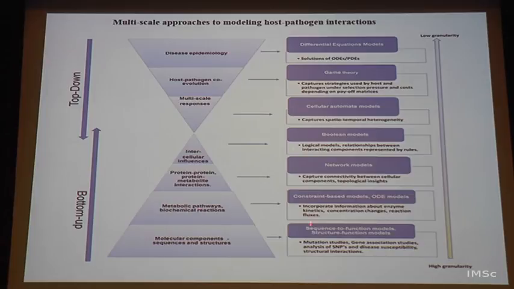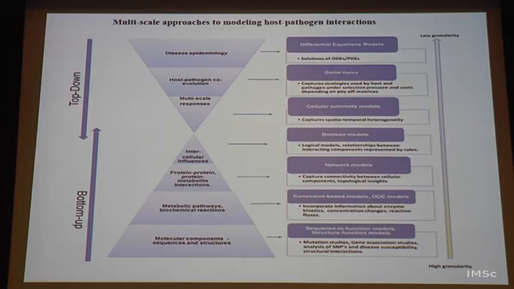So the next level of hierarchy, if we go up here, in some steps, you can actually fill it up. It will be a continuum of sorts, but just for convenience I have put it in this fashion. So you have metabolic pathways and biochemical reactions here. What sort of modeling can we do? We can do it both for the host, and also much more easily, obviously, for the pathogen.